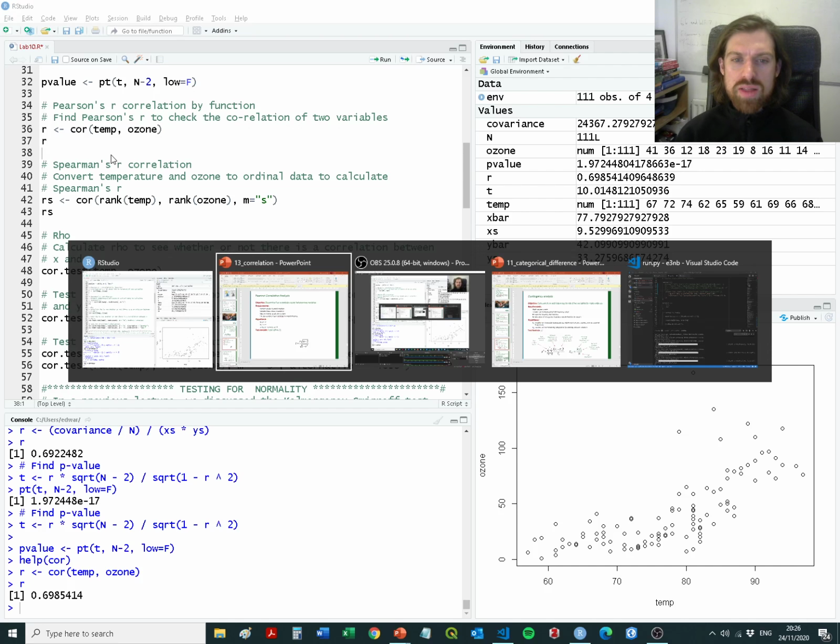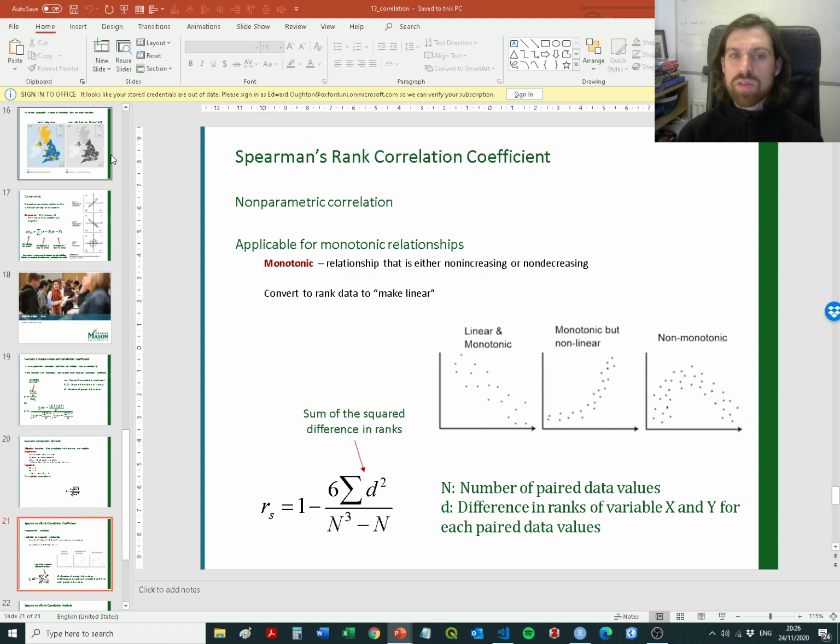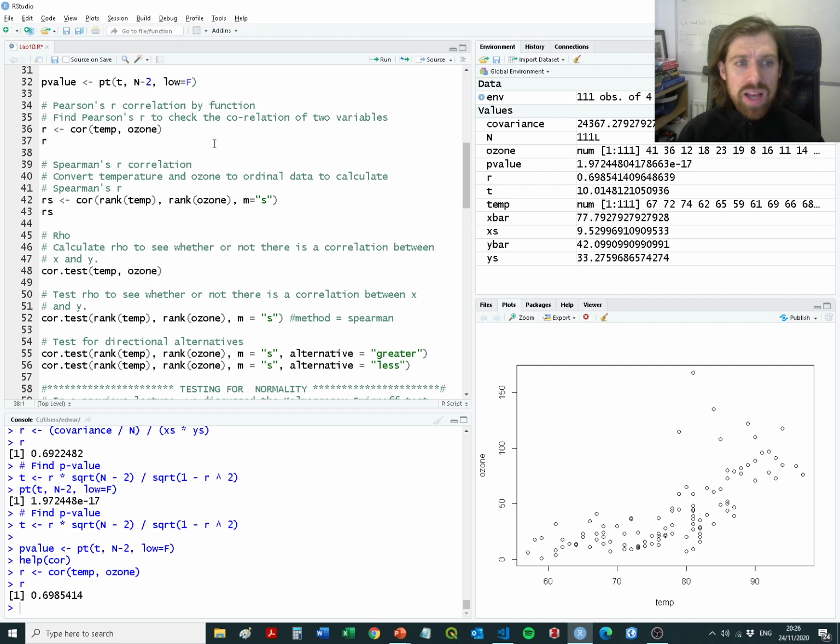Within the lecture, we covered Spearman's rank correlation coefficient, and what we were interested in doing there was looking at the correlation when we've got non-normally distributed data, for example, or types of data that don't meet the assumptions. So you'll notice here when we're using this correlation, we're actually downgrading that continuous data into a ranking,